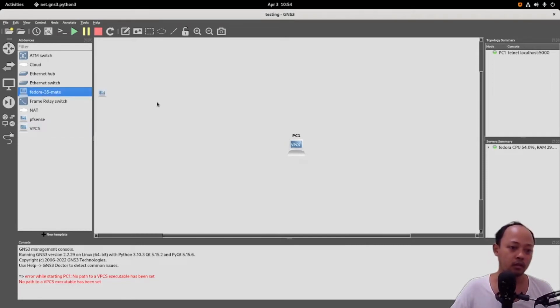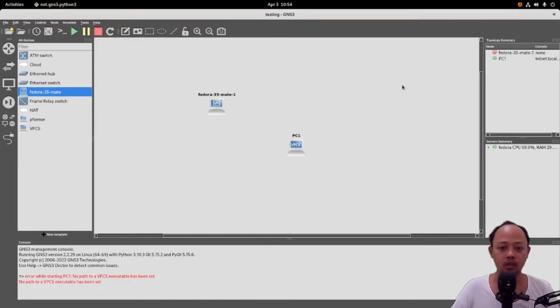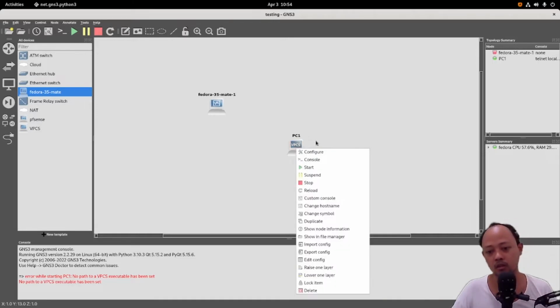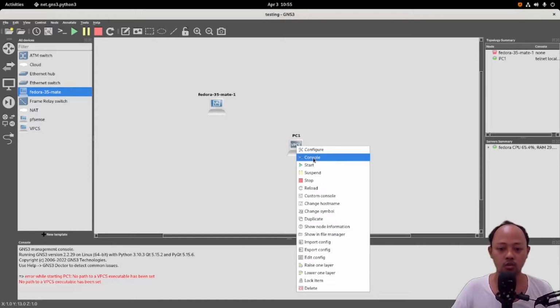If we add this template, we can click start and a window will appear, and we can access this Fedora 35 from that window, but it's different with the VPCS. If we click start, there's nothing, and we need to click the console.